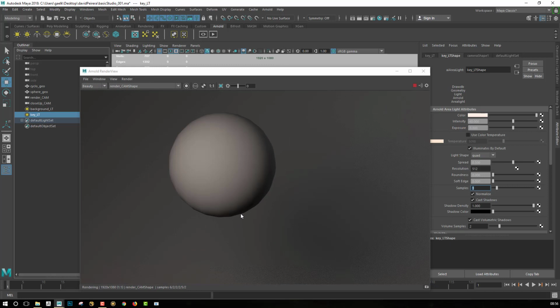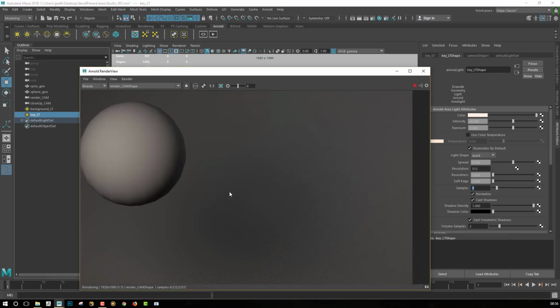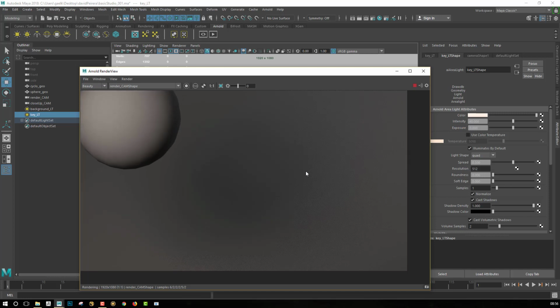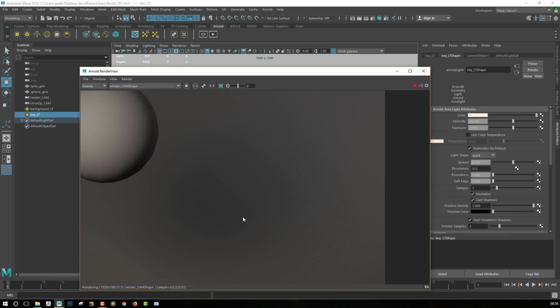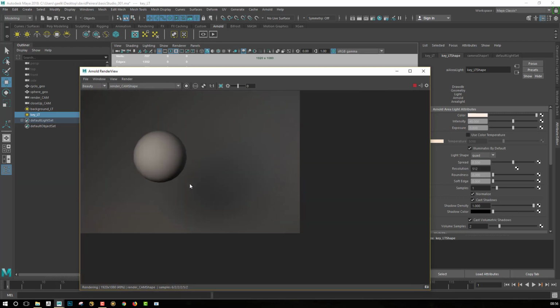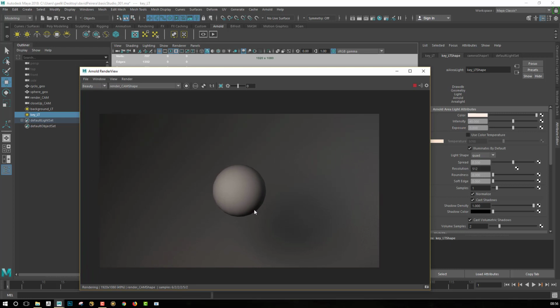And you can already see that it's taking way more time to render, even if my scene is pretty simple, because I get way more samples in my scene, so I will get less noise, but it will take more time to render.